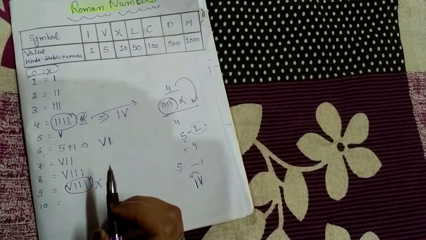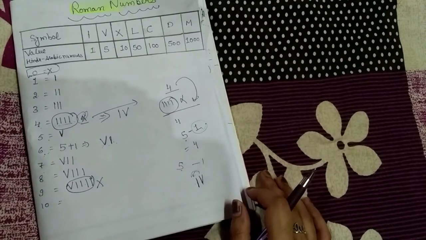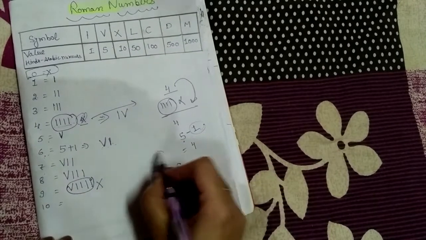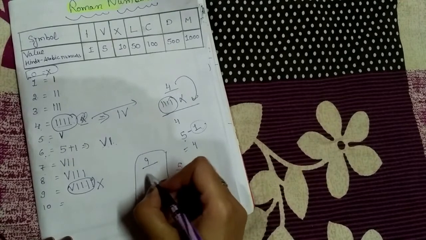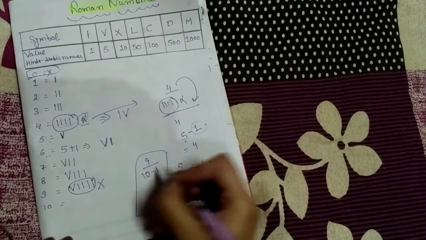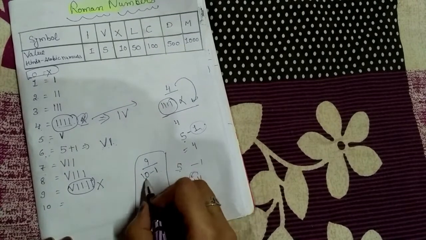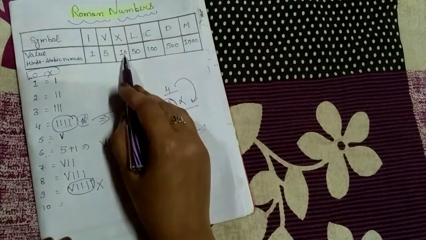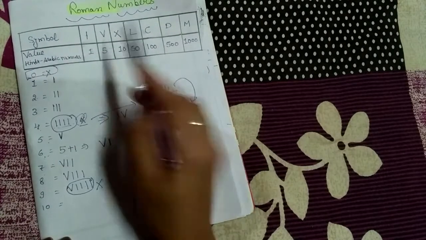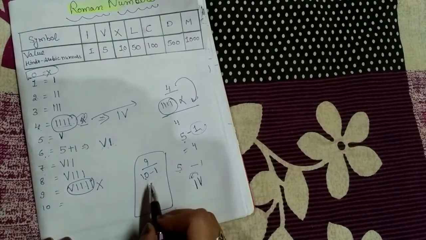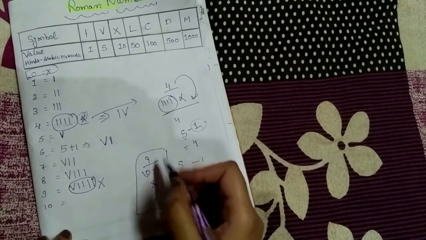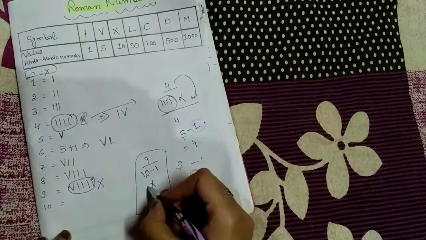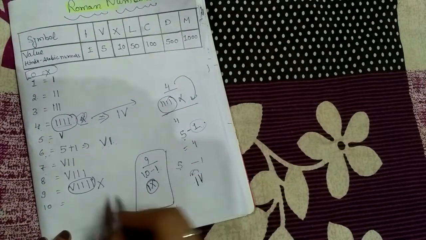So what can we do for 9? Yes, we can do subtraction here. We can again go for subtraction. So let's see. 9 I have to write. So let's break it. I can write 10 minus 1. 10 minus 1 is 9. For 10, am I having a symbol? Yes, I am having. It is represented by X. And for subtraction, I have to write to the left hand side. Left hand side you have to write. So for 1, I am having I. So this is for 9.